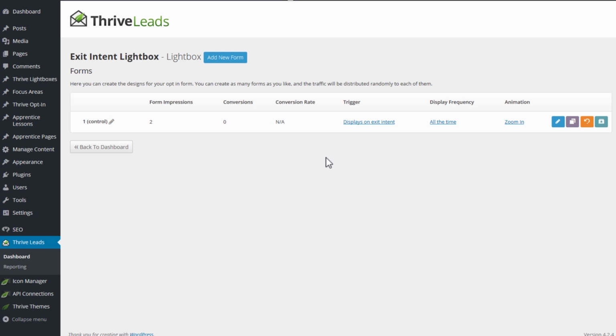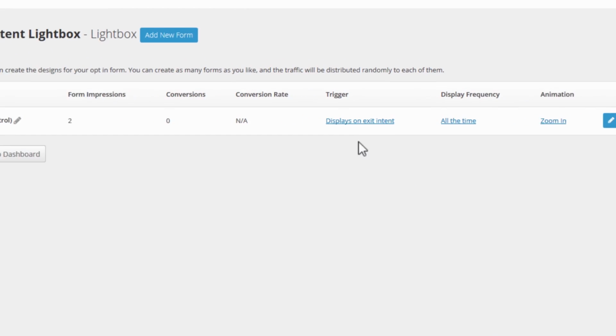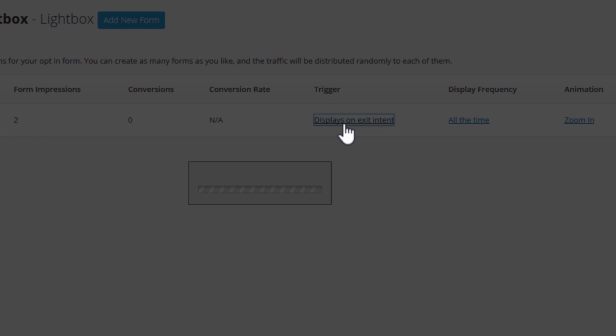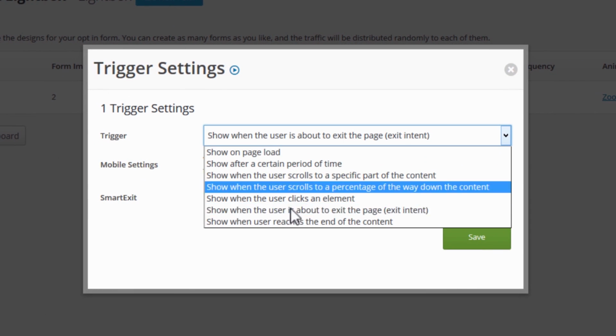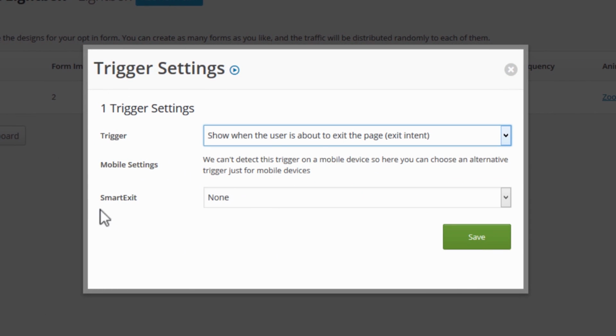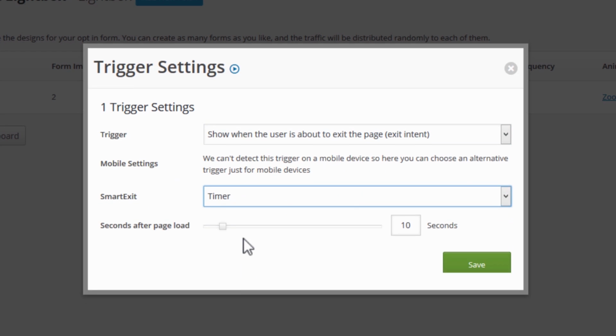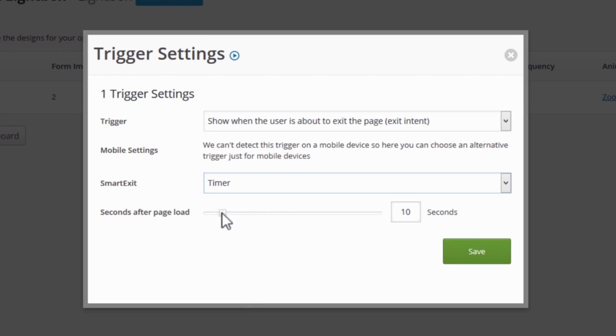So in Thrive Leads, when you've set up a lightbox and you've set it to display on exit intent, so in your trigger settings, you select exit intent, you can see the SmartExit option here, and you can choose a timer and then set a time delay. So whatever time you set here is going to be the trigger that we use on